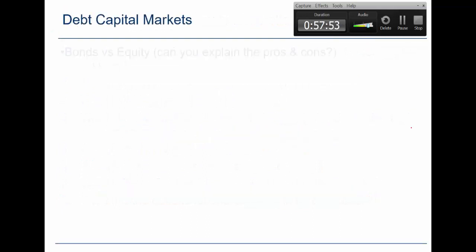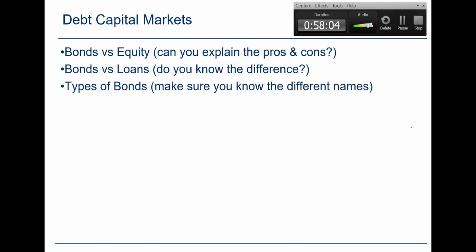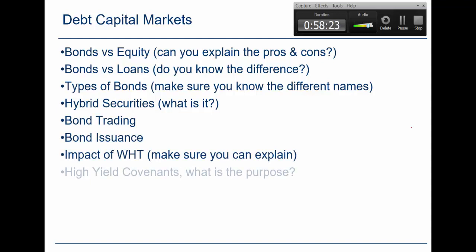Debt capital markets: bonds versus equity, you should be able to tell me the pros versus the cons of each market. Bonds versus loans, you should know they are very different. Different types of bonds: what are bulldogs, Yankees, and so on. Hybrid securities, like COCOs, bond trading,